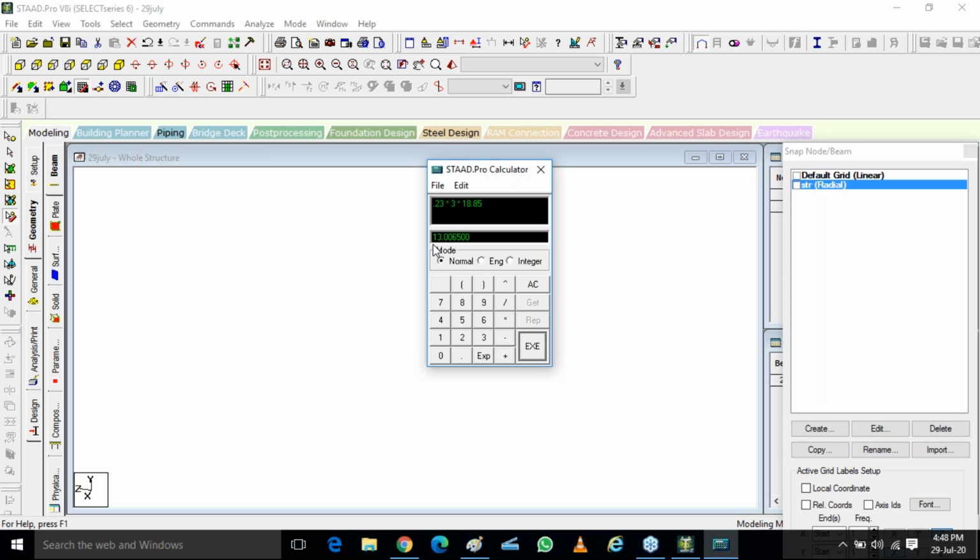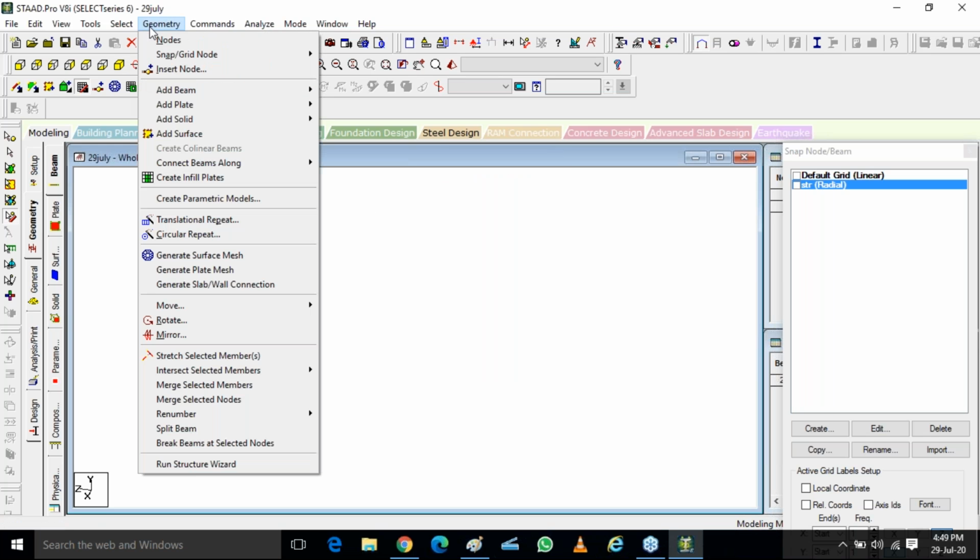And if you are using AAC block, you have to reduce it by 2. AAC block is not in our code, but when you work on AAC blocks, your company will send you the normal loading of your brick and machinery. Companies are using AAC block more now because it reduces your self weight. Along with that, it is stronger than red bricks and less messy. We can lay 1 cubic meter of AAC block in 2 hours, whereas for red clay bricks I have to spend about 2 days. So that is one thing. So I'll use the 13 kilonewton per meter.